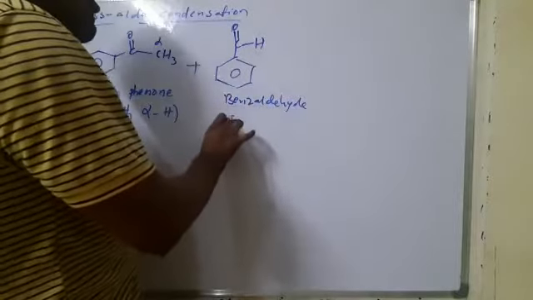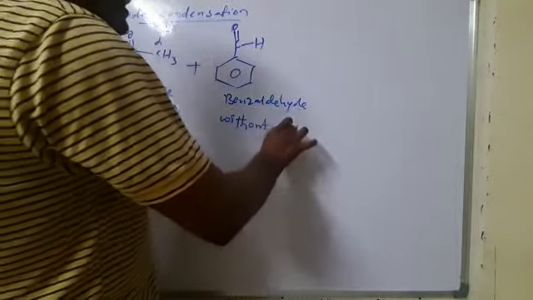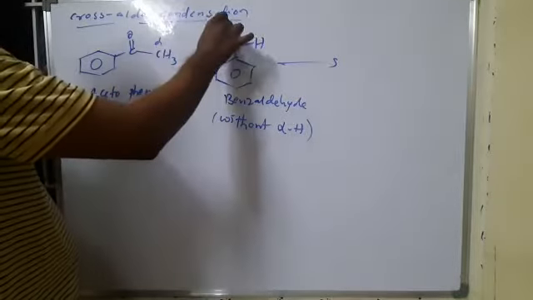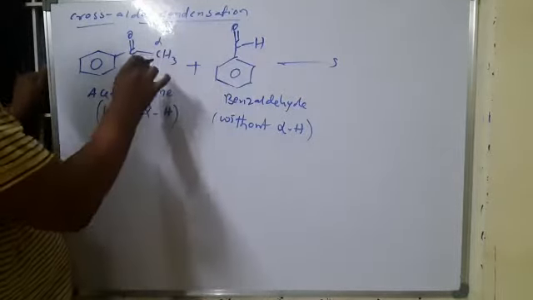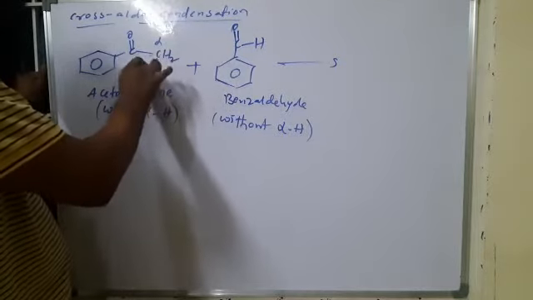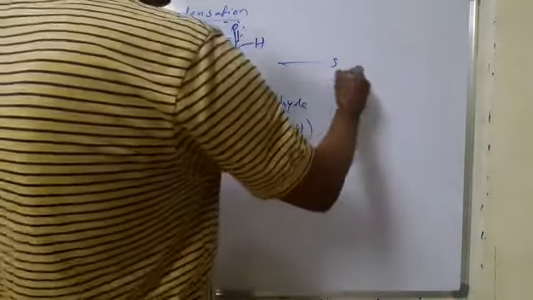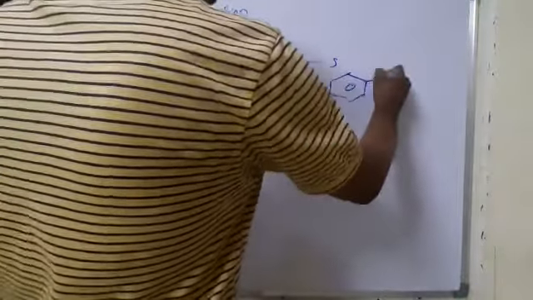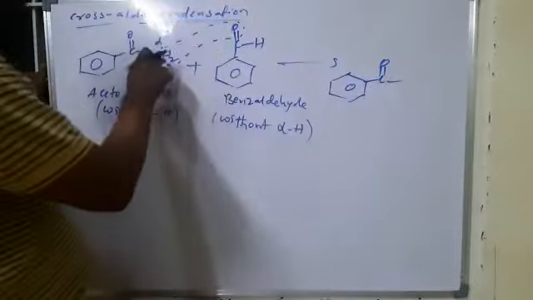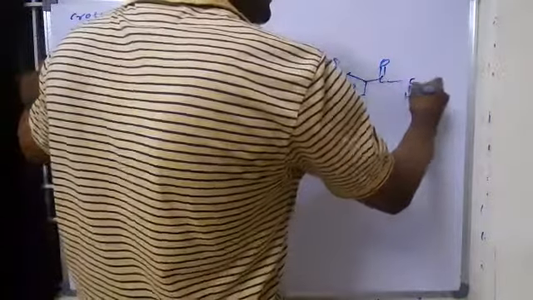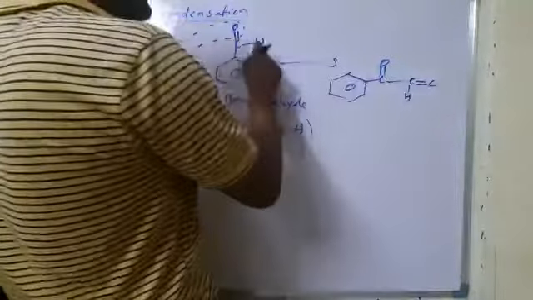Without alpha hydrogen, so it undergoes a condensation reaction. Here two hydrogens and this oxygen will be eliminated. I am writing two hydrogens like this. So the product is C double bond O; here CH2O is removed, so a C double bond forms. So CH double bond C and H, and this is the ring.